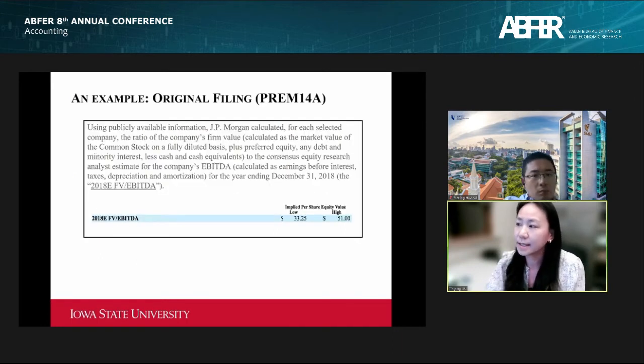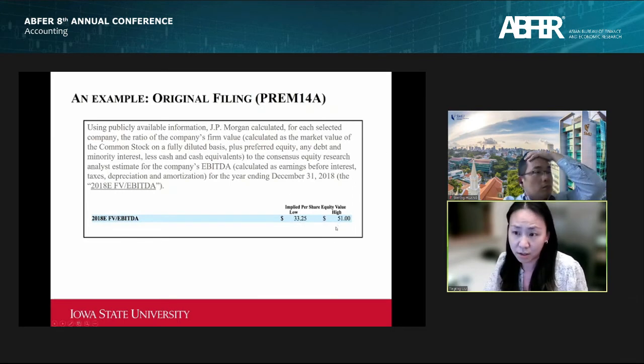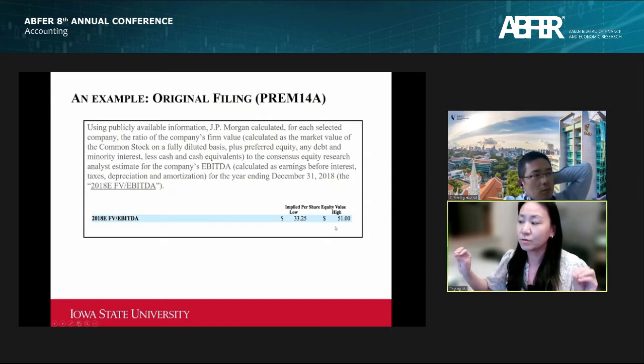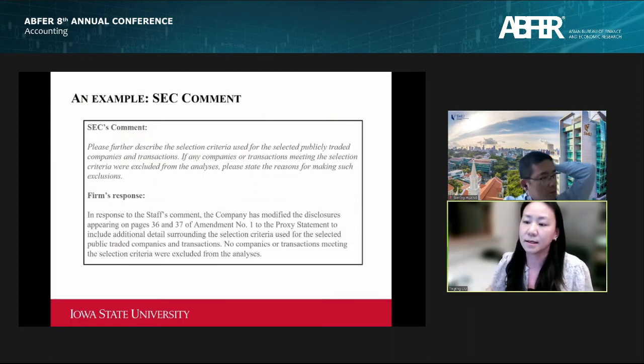So here is an example, the original filing made by a target firm. In the proxy statement, the firm needs to disclose the fairness opinion valuation provided by this investment bank. The investment bank uses some valuation technique and comes up with a price range like $33 to $51. So that's the valuation range the investment bank believes the target firm's share is worth. Then the SEC commented on this